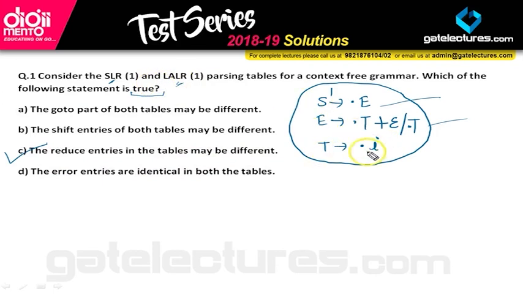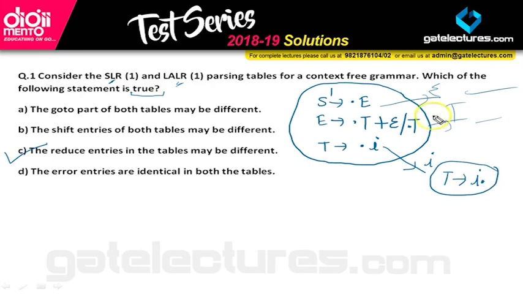But let's see how. So there will be some transitions on E and then T. We know how they are done, so that's not my concern here. See, look, this one is the reduce entry. So for I, it will give the transition I dot. Now in SLR1, let's say if this is I1, then I'll have I2, I3, I4. Let's say this one is I5. So in my SLR parsing table, this reduce entry will be put in the fifth row, but only in the follow of T.